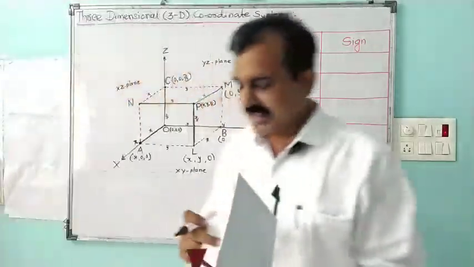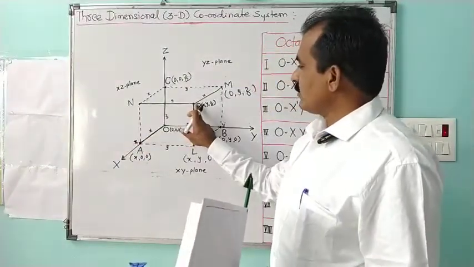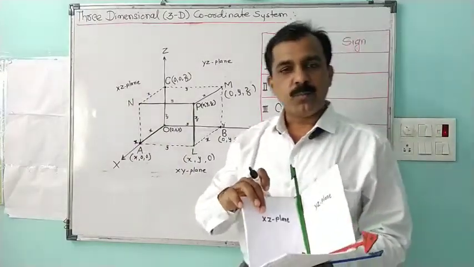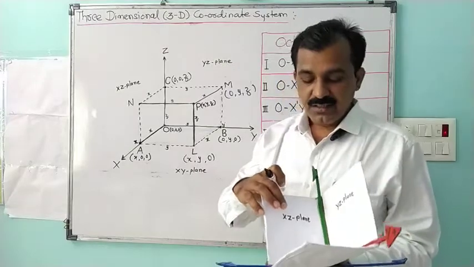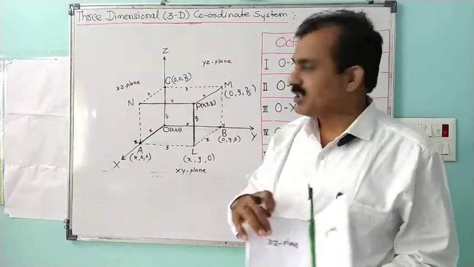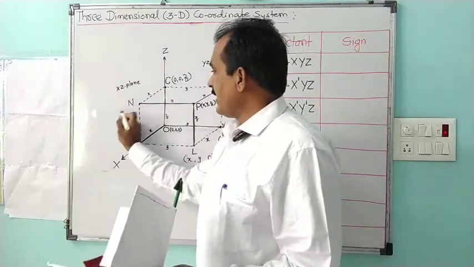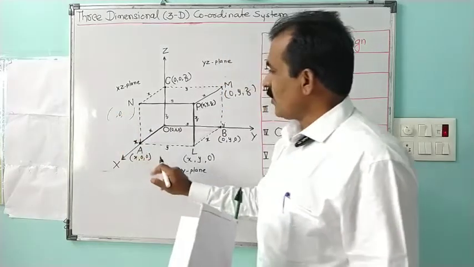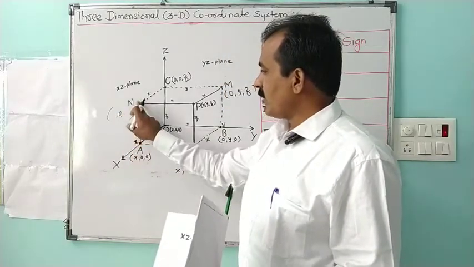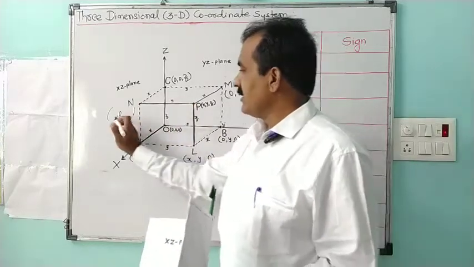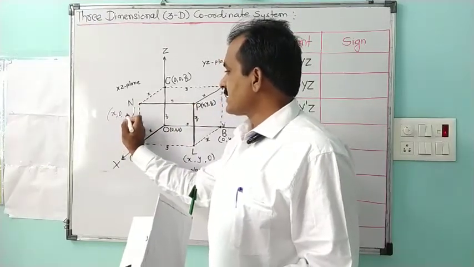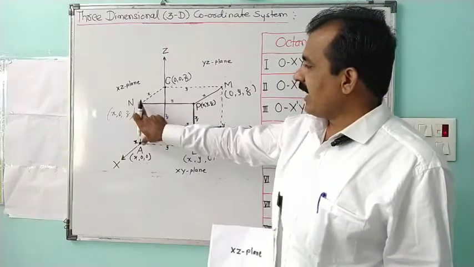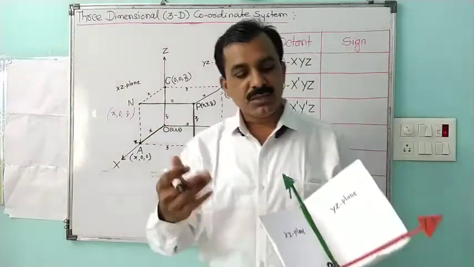Similarly, for the point which lies in the XZ plane, the perpendicular is drawn from P on the XZ plane, and we have said that in the XZ plane all the points' y coordinate is always 0. So point N is in the XZ plane, that's why its middle coordinate is 0, and the first coordinate comes from the perpendicular drawn from N as well as P. So this gives us the first coordinate as x, second as 0, third as z, as we have taken this point at a height of z units from the XY plane.